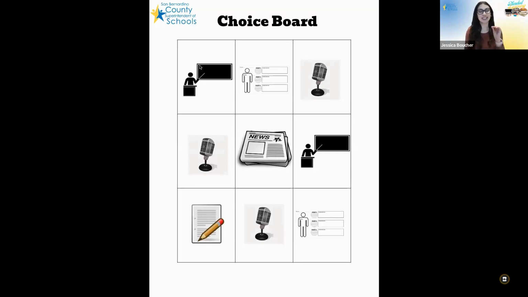If you are strategic in how you place your icons on your choice board, you're able to reuse some of the assignments. So typically a choice board is going to be a 3x3 grid where students choose 3 assignments to do, getting that tic-tac-toe 3 in a row, either horizontal, vertical, or diagonal. So we want to be really strategic in where we place the assignments so that there's not the same assignment in the same row. So you're thinking about how students can get a 3 in a row, and then you're